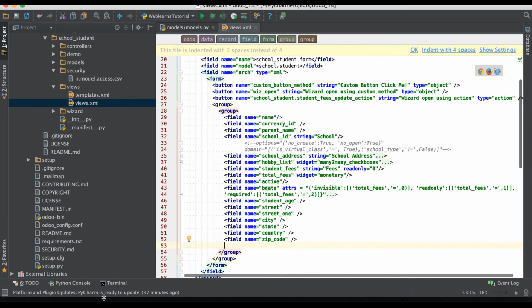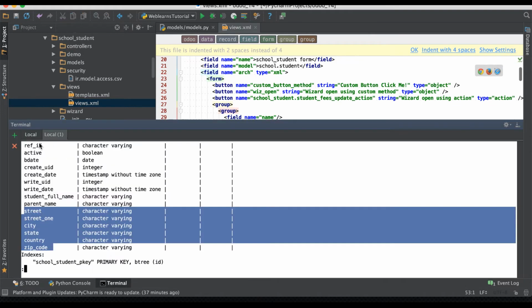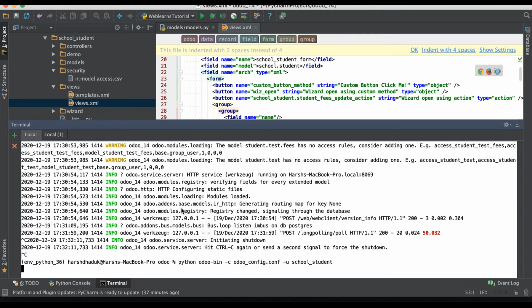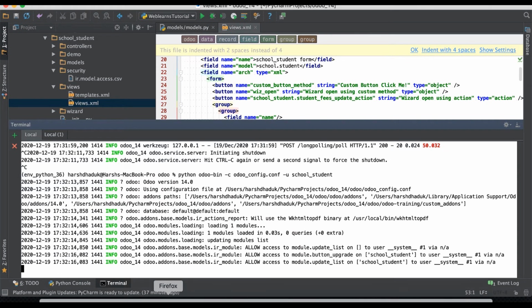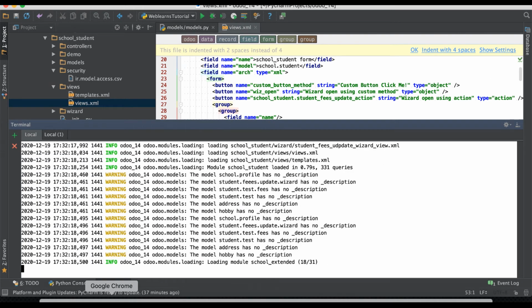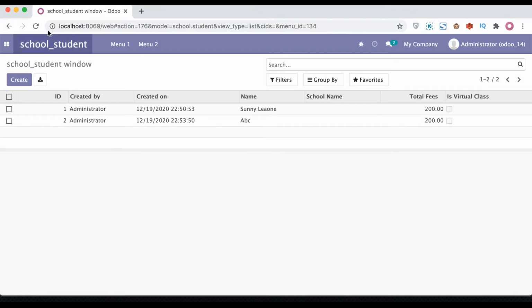Okay, that's great. And again let me restart the service and upgrade the module because we changed the form view, so it is mandatory to upgrade the module. And let me refresh the browser,